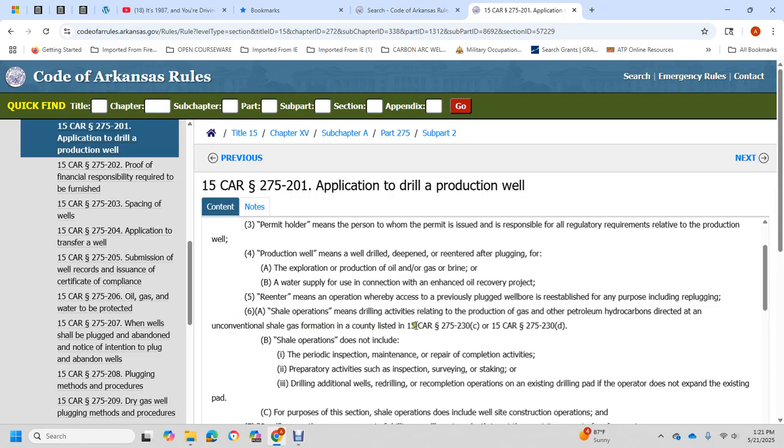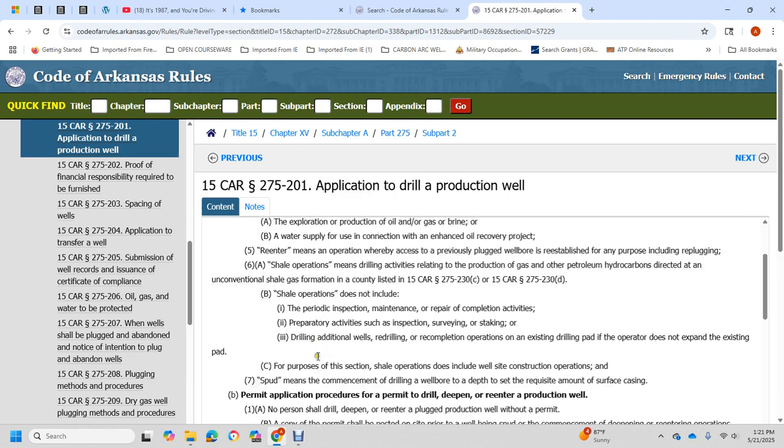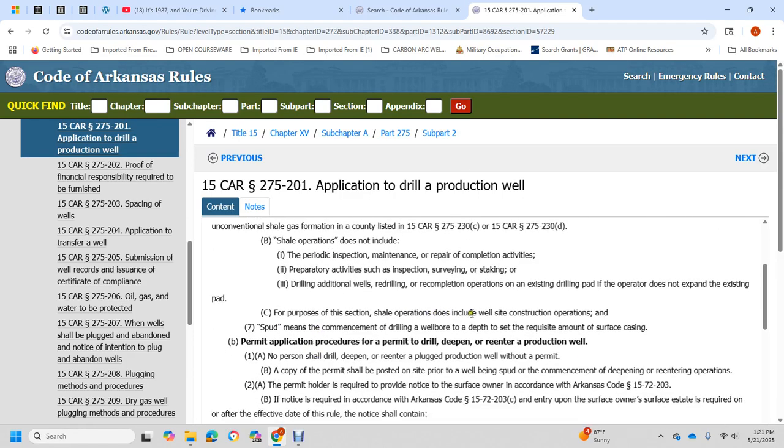formations in counties listed in Title 15 Code of Regulations, Arkansas Rules 275-230C and 230D. Shale operation does include the period of inspection, meeting, repair, and completion activity, the period of active inspection, survey and staking, the drilling of additional wells, re-drilling and recompletion operations on an existing drilling pad where